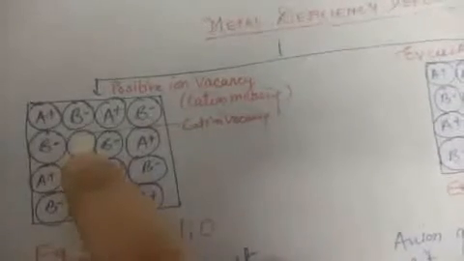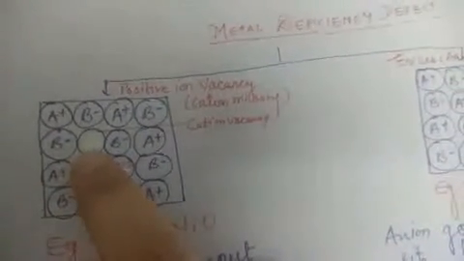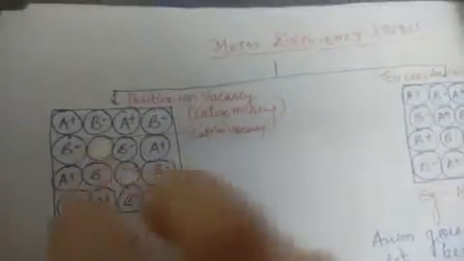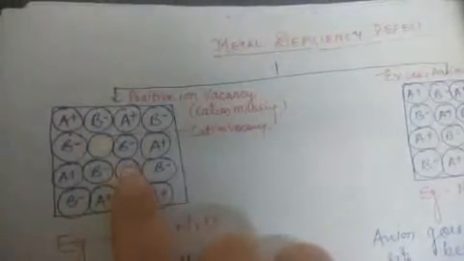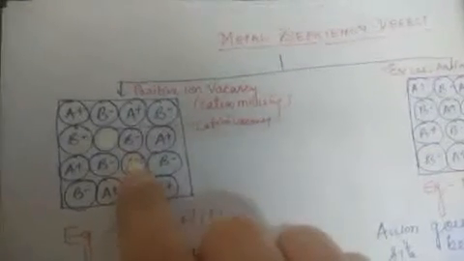If we concentrate on this diagram, we can see again it's an ionic crystal, and we can see very nicely that from here a cation is missing. So what happened is a cation vacancy has been created. A cation has left its place. And to maintain the charge lost here, the other place is occupied by a cation having more charge, right?